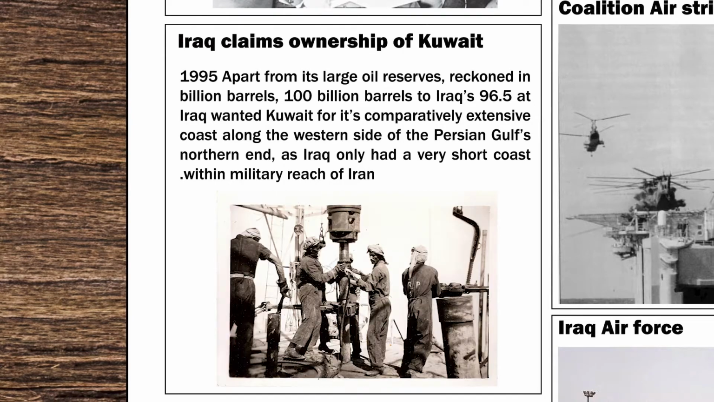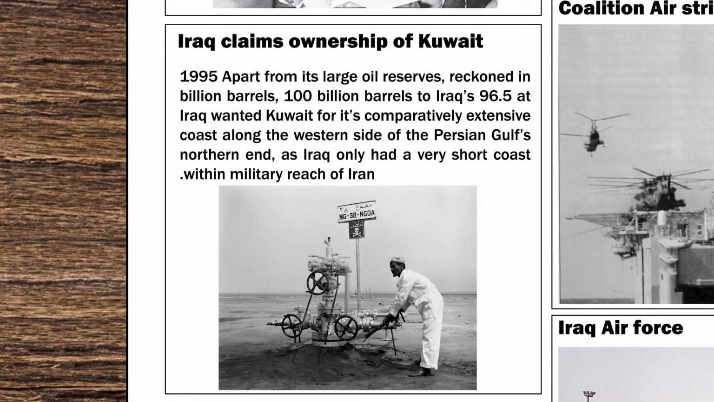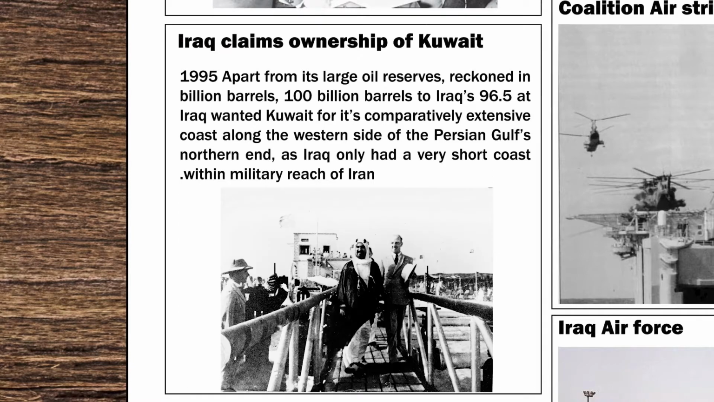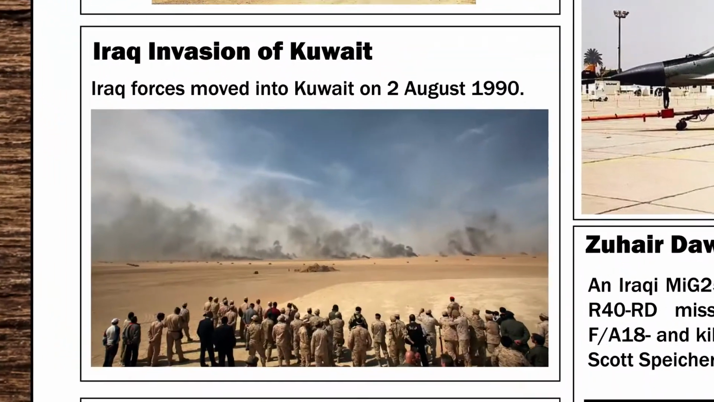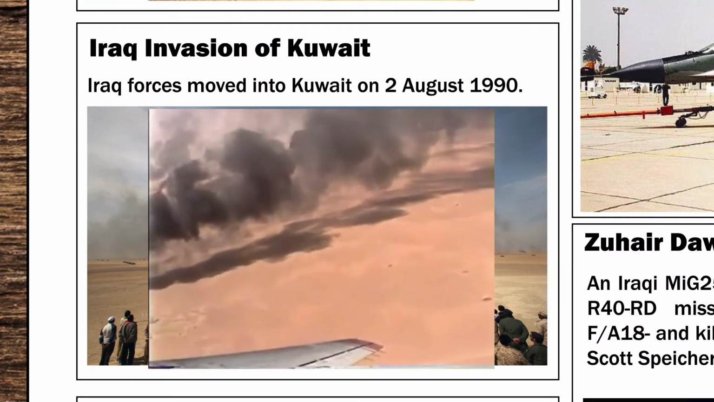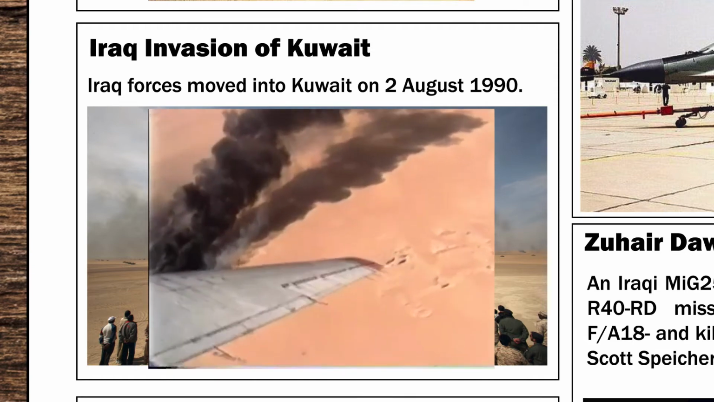it. Apart from its large oil reserves, Iraq wanted Kuwait for its comparatively extensive coast along the western side of the Persian Gulf, as Iraq only had a very short coast within military reach of Iran. Iraqi forces moved into Kuwait on August 2, 1990. You can find more detailed information about the Iraq invasion of Kuwait in the video linked in the description and